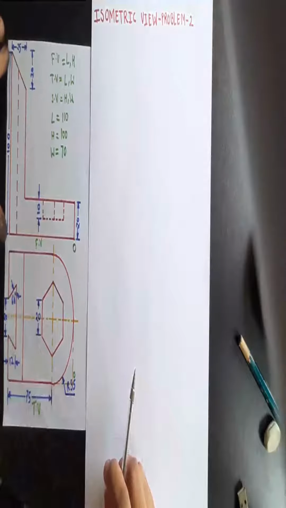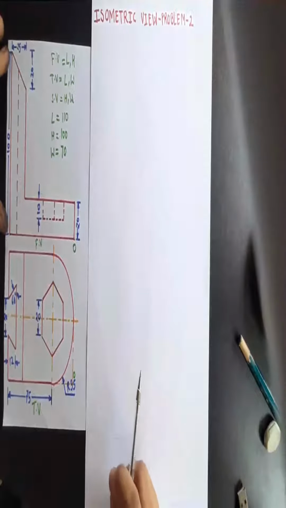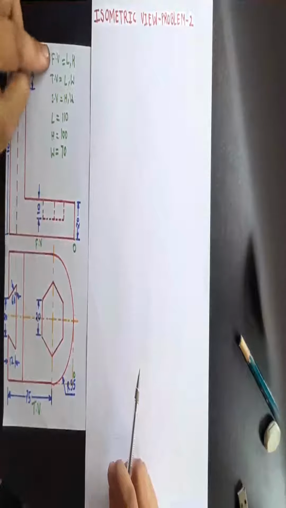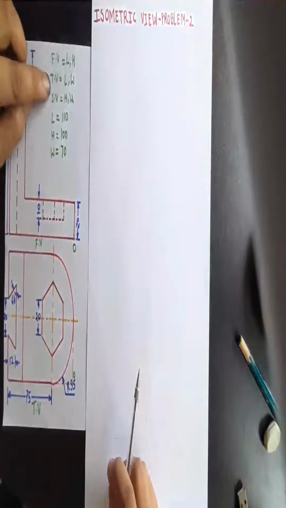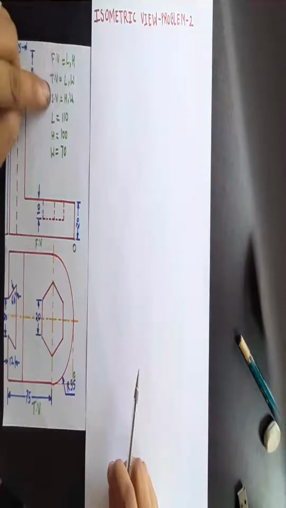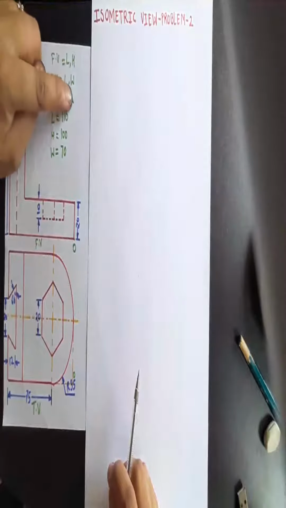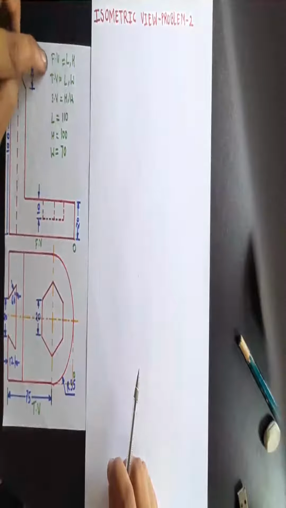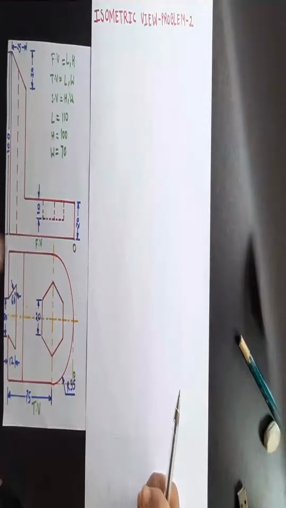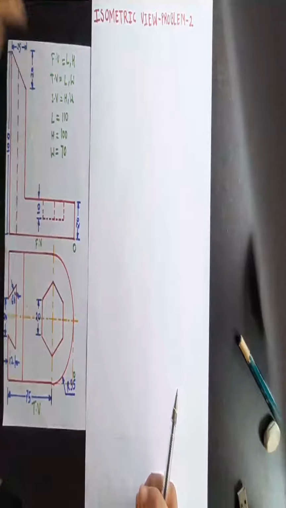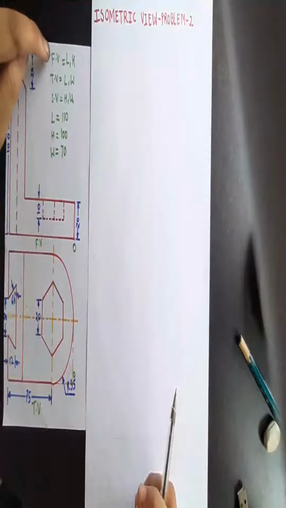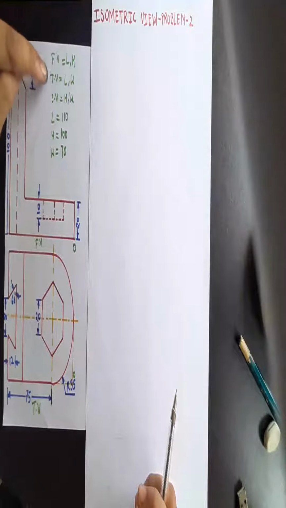Now let's find the maximum length, width and height. We know very well that in front view, length and height is visible. In top view, length and width is visible. In side view, height and width is visible. As we know, here only front view and top view is given. Hence only these two will be used. Now let's start with the length. Length is visible in both top view and the front view.